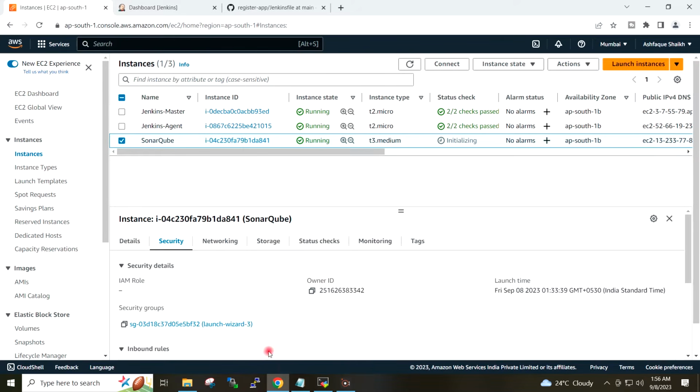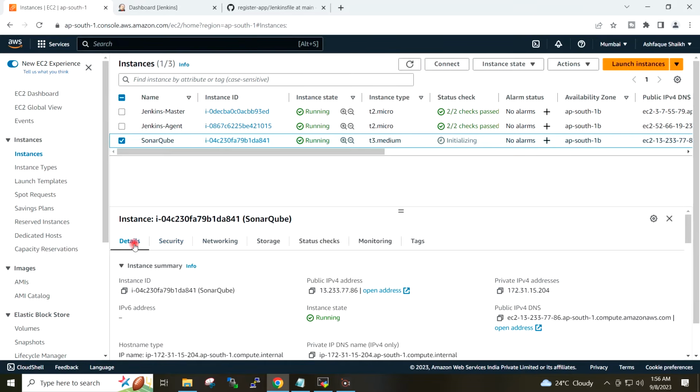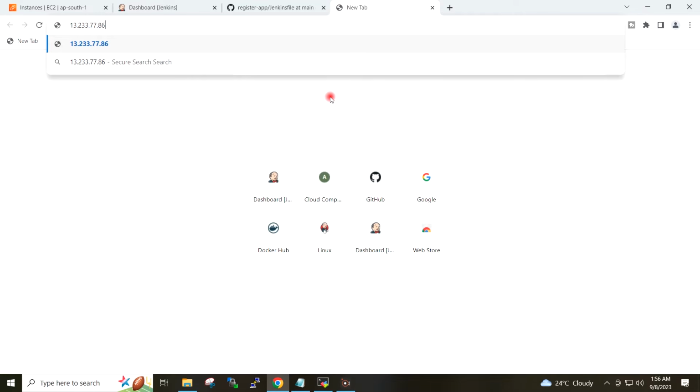I will copy the public IP of the SonarQube server and I will access it on the browser with port 9000.